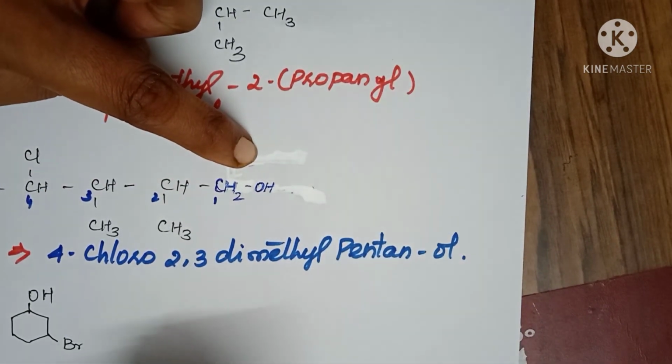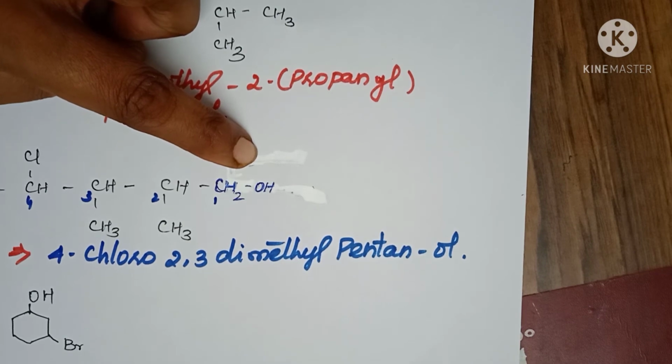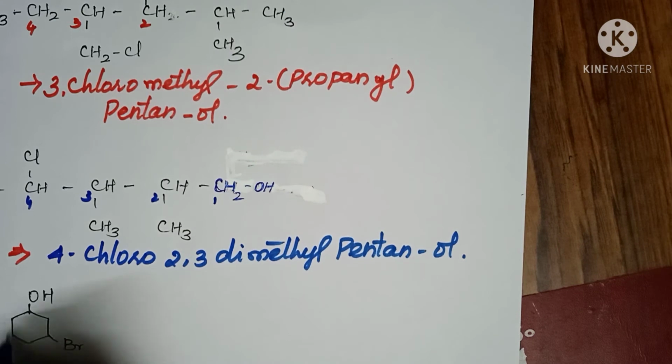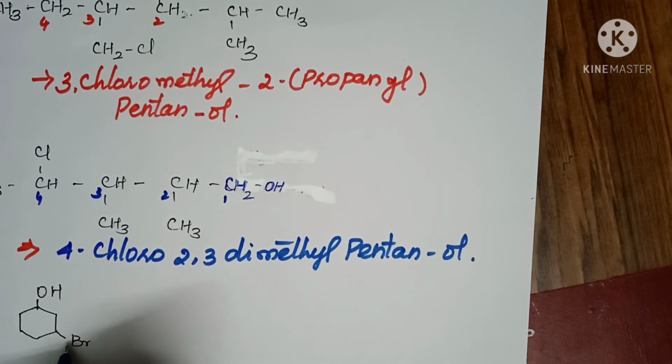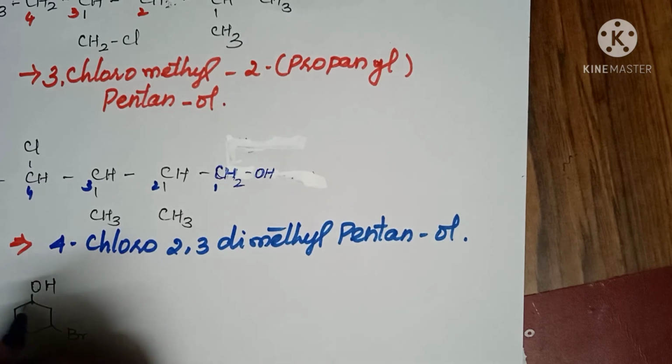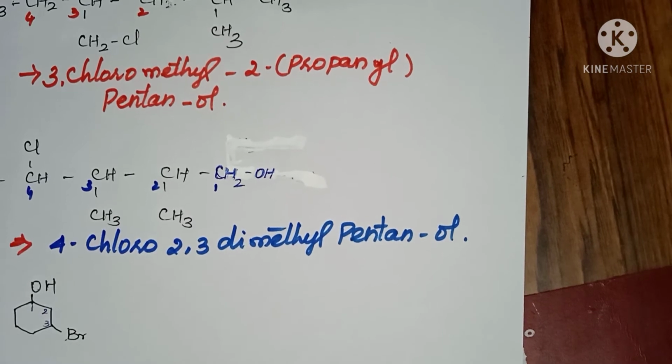Okay, now next one more thing I would like to give the name. Next one, this is hexane, in that cyclo ring structure. Hexane, in that a hydroxyl group is attached and a bromine group also attached. So how can you give the name? See here, the OH group is there, no? This is 1, 2, 3. So that means 3-bromohexanol.